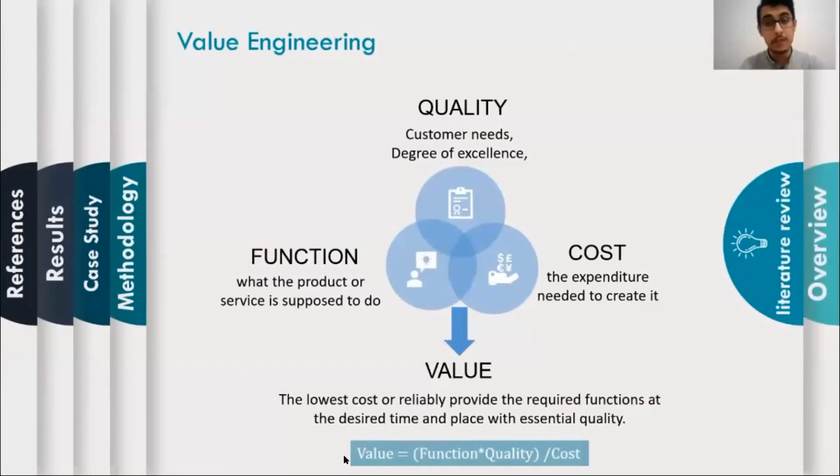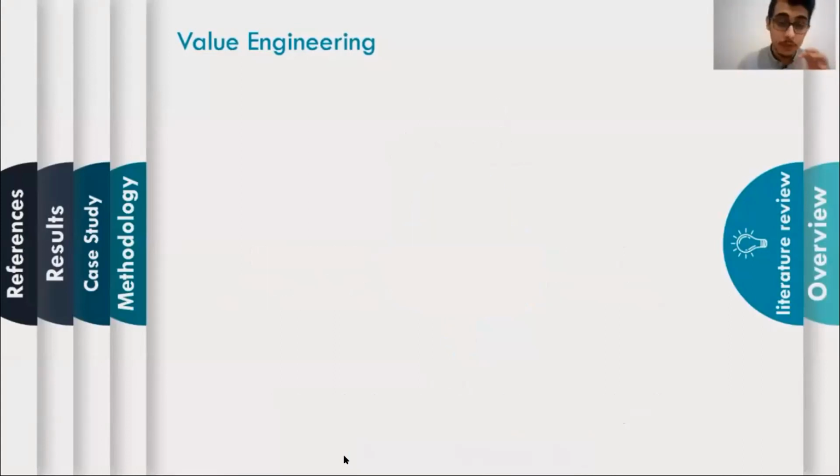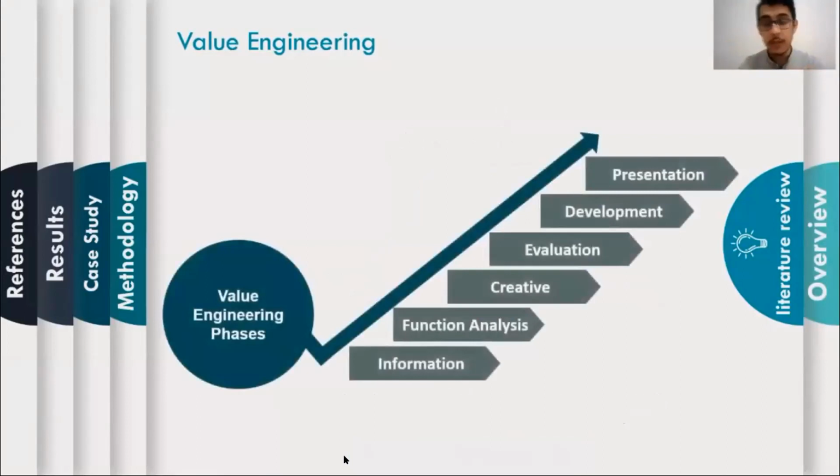Value engineering is a concept that deals mainly with the value of an alternative. For example, the highest value for an alternative comes with the best quality that meets our function at the lowest cost. And by understanding this relation between the functional quality and cost, we come to the phases, which are the value engineering phases,